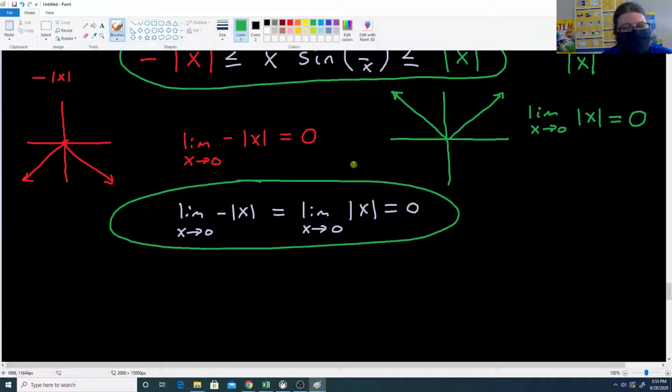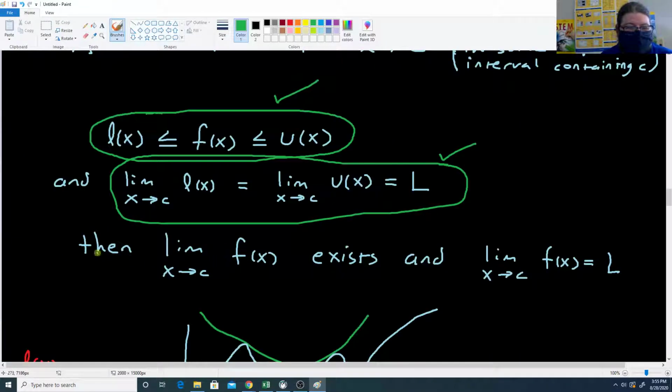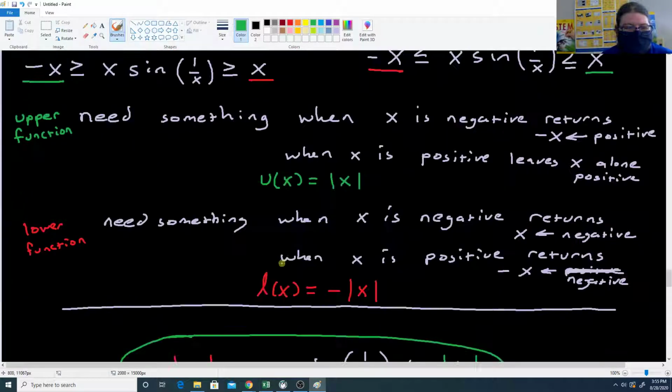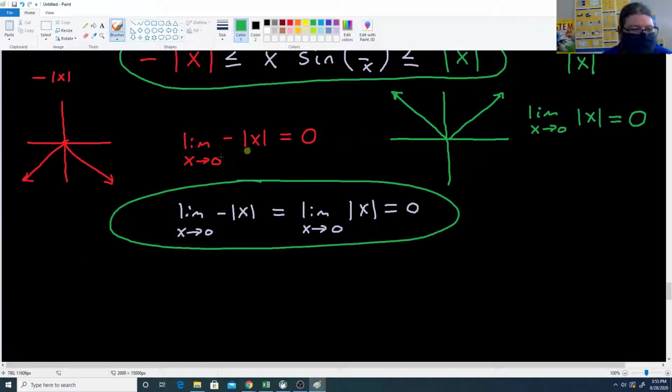So this right here lines up with this right here. The lower limit is equal to the upper limit, and they equal some L. In our case, the limit as x approaches 0 of the lower equals the limit as x approaches 0 of the upper, and the actual limit happened to be 0 as well. Then the squeeze theorem applies, and we get that the limit as x approaches c of the middle function exists, and it equals the same limit. So for here, we have this part. We showed that they're lined up the correct way. We showed that this is true, so we can say then, by the squeeze theorem,